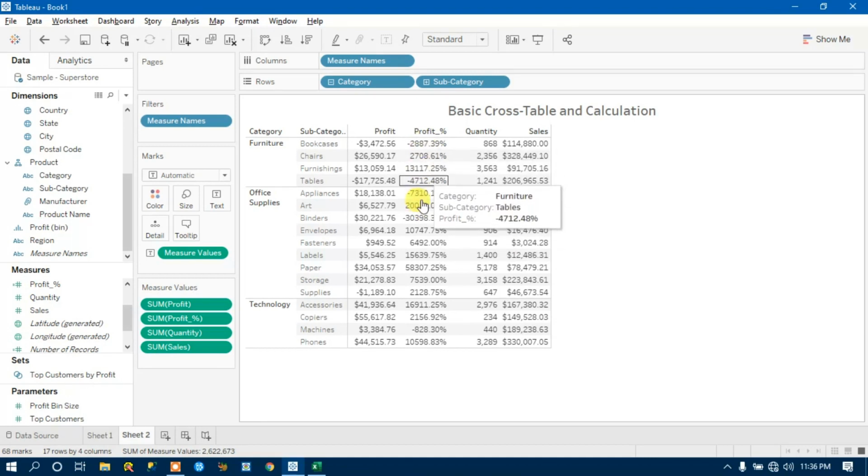What Tableau is basically doing is taking a percentage at row level. By row level, it is picking a single item, then creating a percentage of it. Then it goes to the next item and gets a percentage of it. After getting all the percentage values, it is summing them up. That's why it is showing you this kind of horrible figure, right?